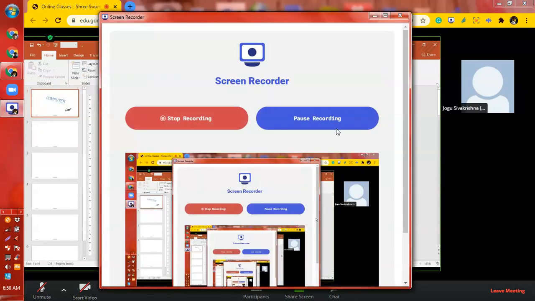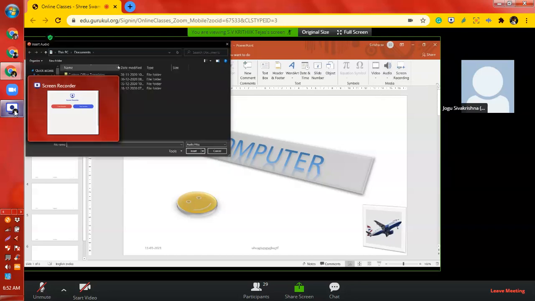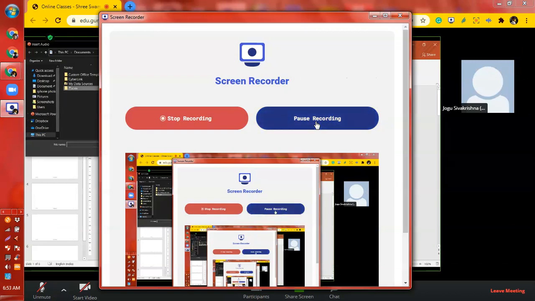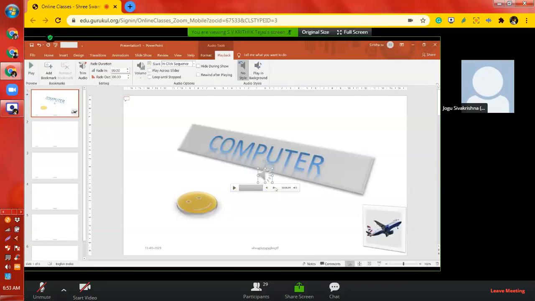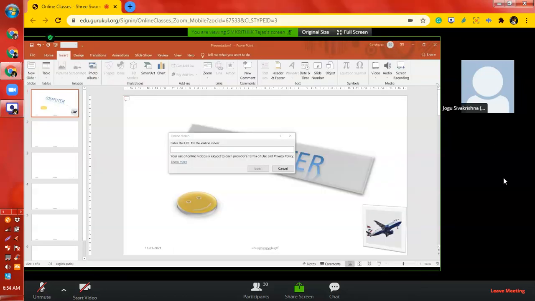Okay, there you can click on audio, audio from my PC. If you have any audio file, you can insert it over there. Any audio file if you have, you can insert. Otherwise, directly you can select there. It may not be here now, so we will see it while we are watching. Once you go to YouTube, we will see whether it is going to work out or not. Otherwise you can practice that in your own way.